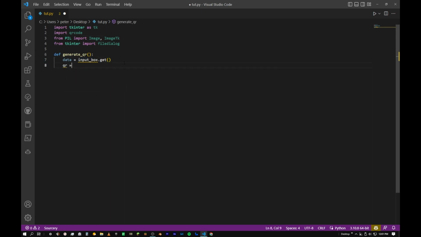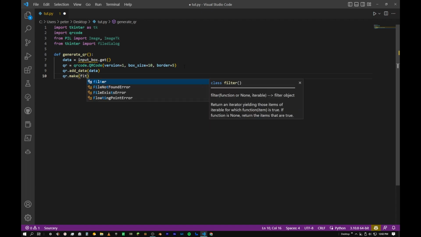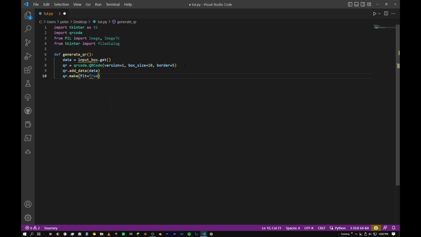Then we're going to type qr equals qrcode.QRCode, and the version will be equal to 1. The box size will be equal to 10, and the border will be equal to 5. So this is just making the QR code. And then qr.add_data, and then brackets data, and then qr.make, and then we're going to make it fit the screen. So fit equals True,